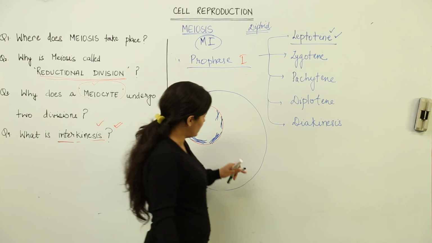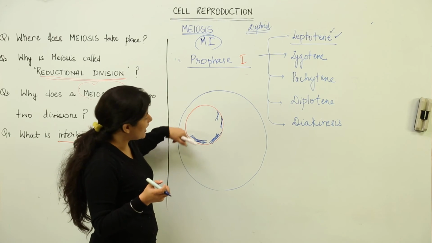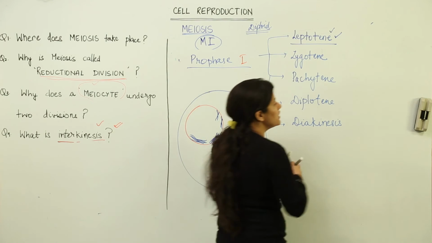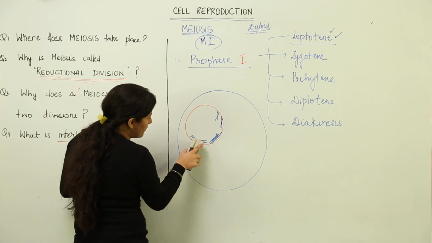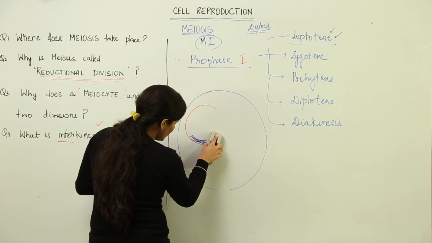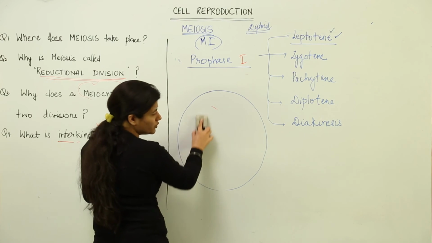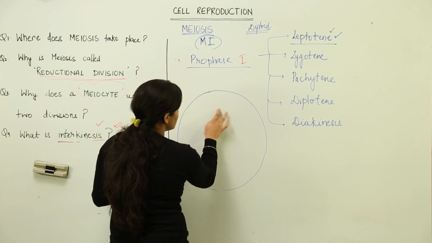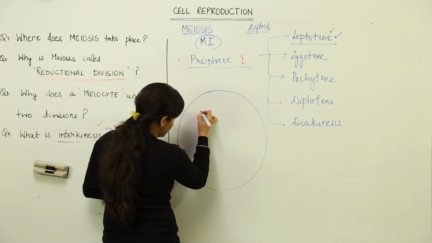So what is the characteristic feature? That the homologous chromosomes are coming together and are attached to the nuclear membrane, and they are condensing, because we know that in prophase there is continuous condensation of the chromatin material. The next stage would be zygotene, in which the nuclear membrane slowly starts degenerating. We will not take the nuclear membrane into consideration here. What we are going to discuss is how those chromosomes which appeared as single change in this stage.